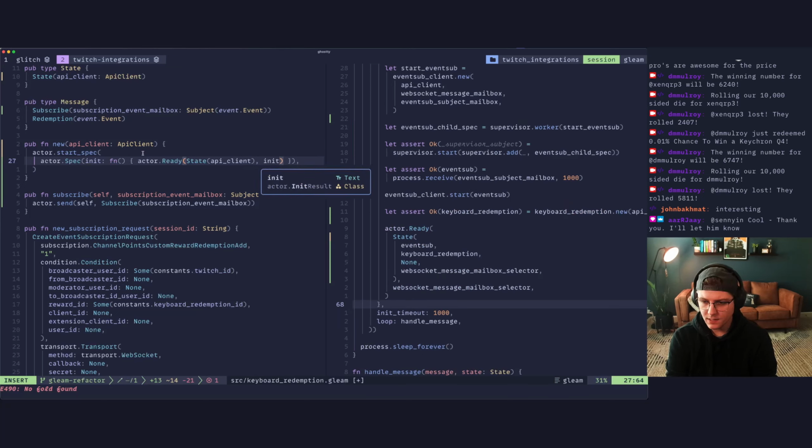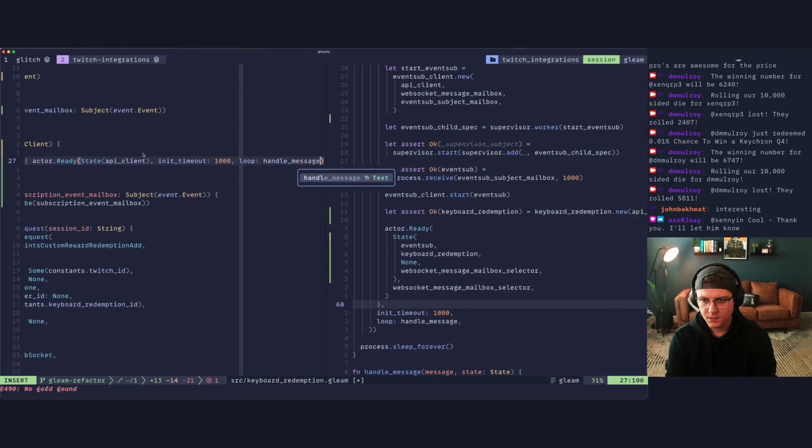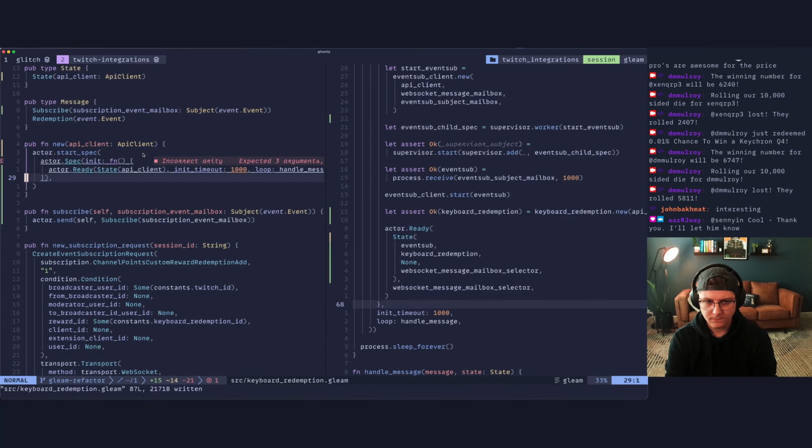So then this will be an init timeout, it'll be 1,000, and then we have loop, which is handle message. Incorrect arity.